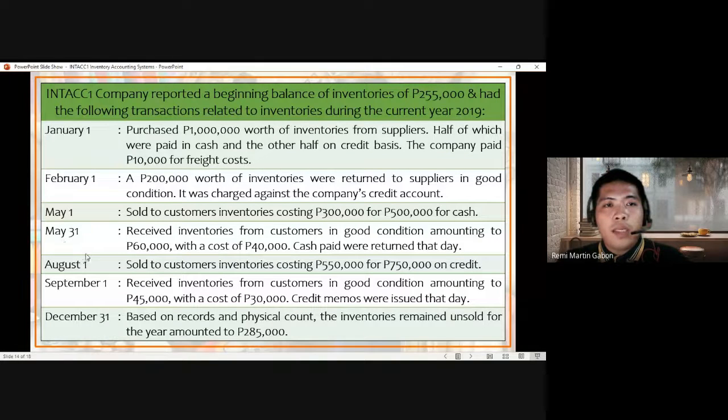So May 31, received inventories from customers in good condition amounting to 60,000. So sales return from customers amounting to 60,000. The related cost is 40,000. Cash paid were returned that day. So it is only proper that the transaction is relating to return of cash payment because the initial sale that we have was related to a cash basis sale. So to record the sales return on May 31,